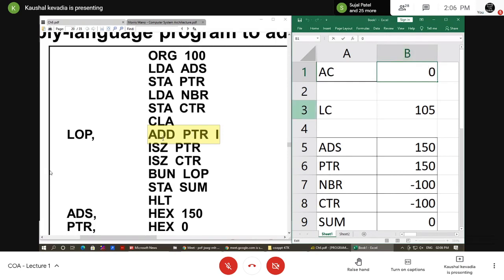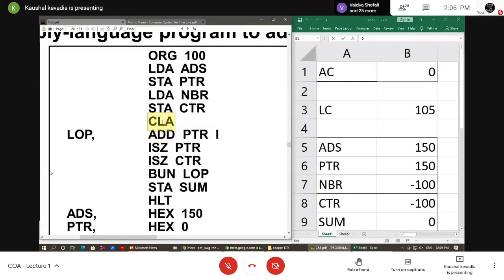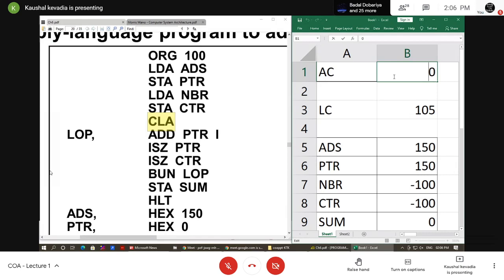What is the initial value of the accumulator? If you haven't written the CLA instruction here, then the last value of CTI will be available. We are adding the value with this new value of PTR, so before doing that we have to clear the accumulator. Whenever the first variable comes into execution, it is added with the number 0. So the current accumulator value is 0, and I add it with 0.